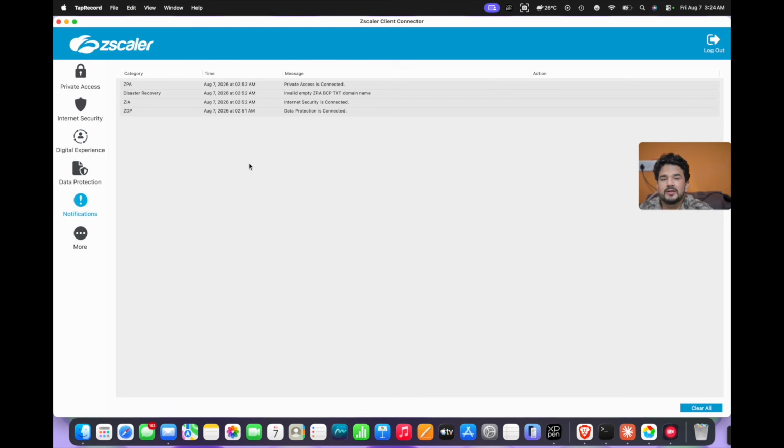So guys, this is the important part, the notification, right? Why I highlighted that this is the important part, right? Suppose a user is complaining that my laptop is disconnecting every 2 minutes, right? As a Zscaler engineer, how can you make sure that whatever the user is saying is correct, right? So you can go here, right? You see that Zscaler connected, then you see invalid empty